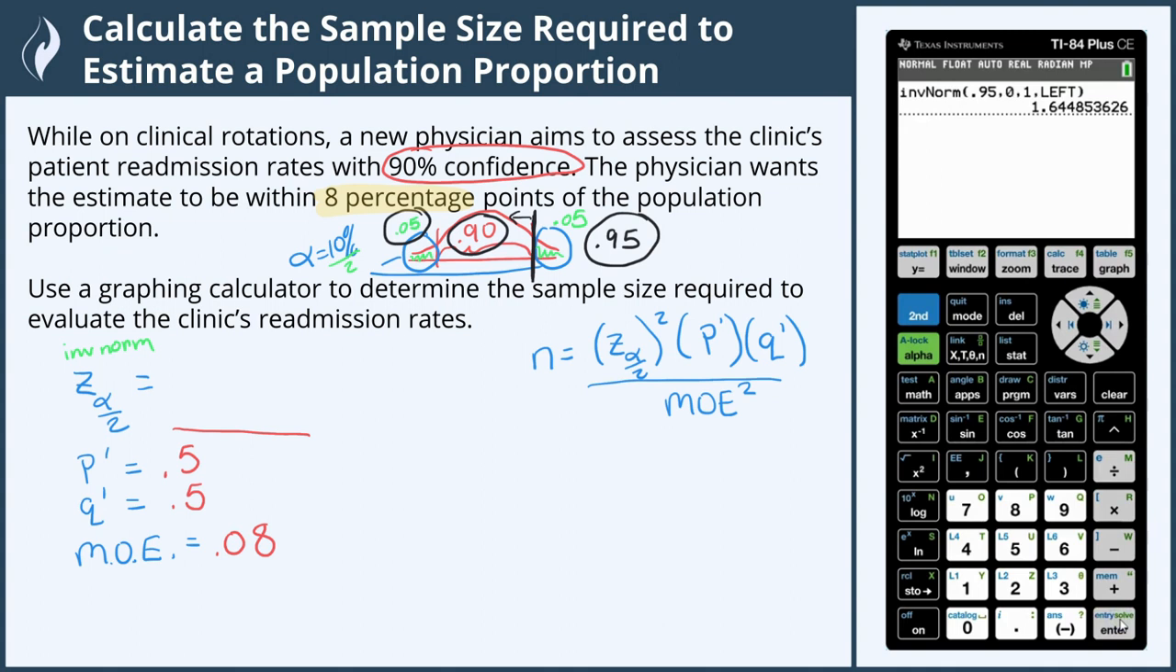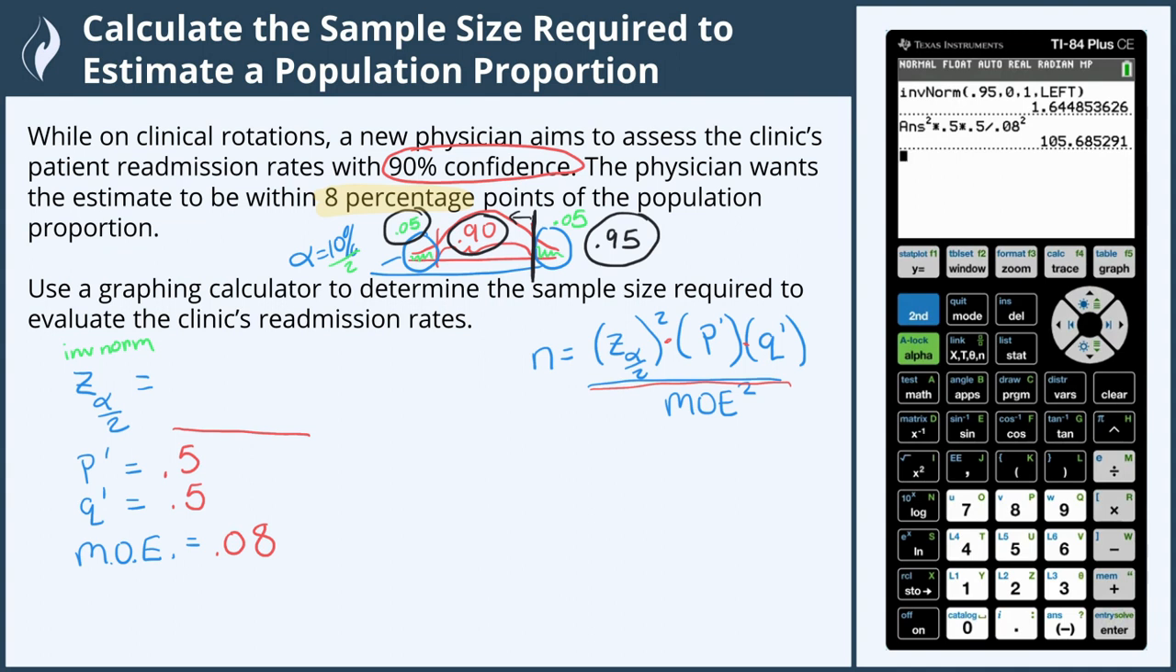Now, because our calculator will follow the order of operations, and this is all multiplication and then division, we can just enter it in from left to right. To prevent any typos, we can just square the answer by squaring the answer in the calculator, and then we can multiply this by our p prime, which is 0.5, and then multiply it to q prime, which is also 0.5, and then divide by the margin of error of 0.08, and this is squared as well. And we can press enter, and we get